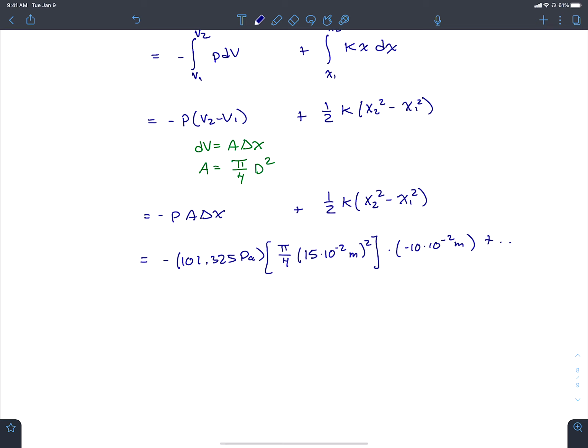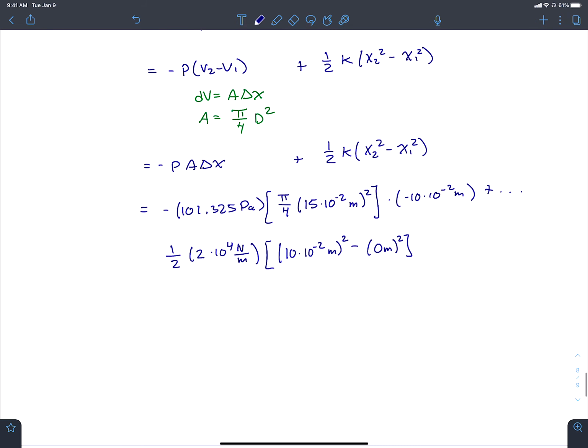And I'm just going to run out of space here. Plus 1/2. So my k is given: 2 times 10 to the 4th Newton per meter, times (10 times 10 to the negative 2 meters) squared minus our final resting place, which is just going to be 0